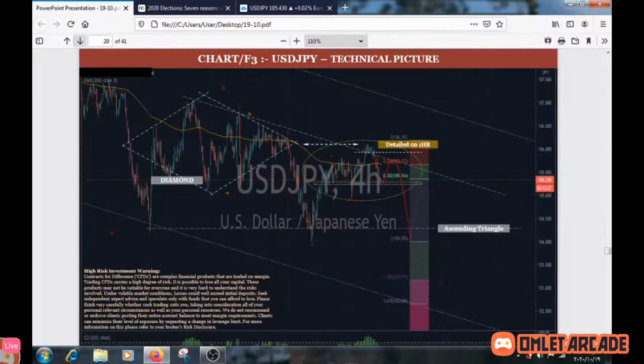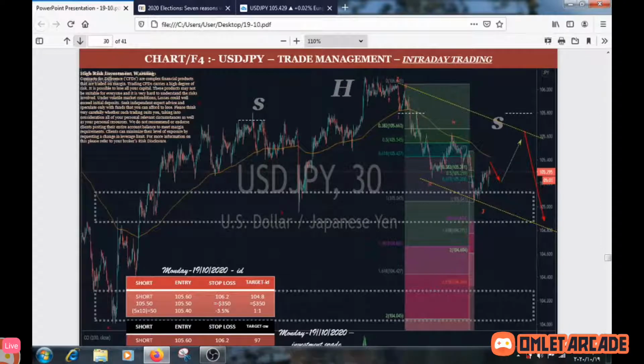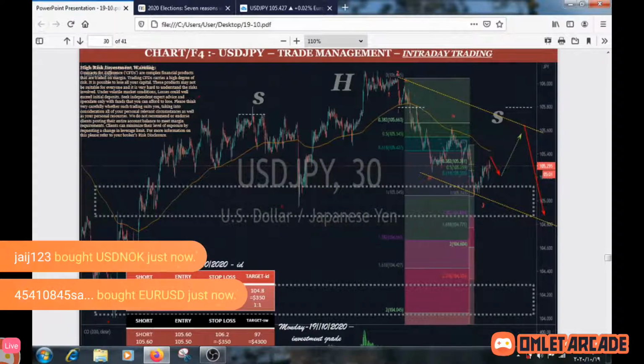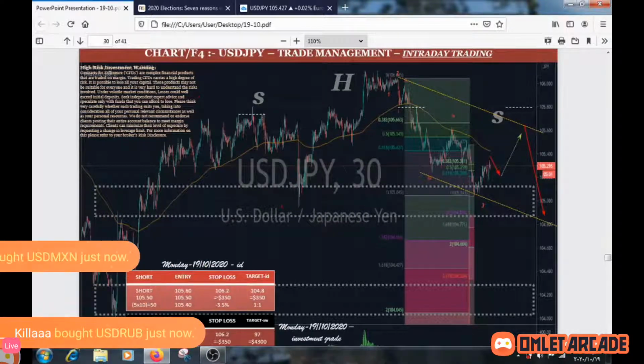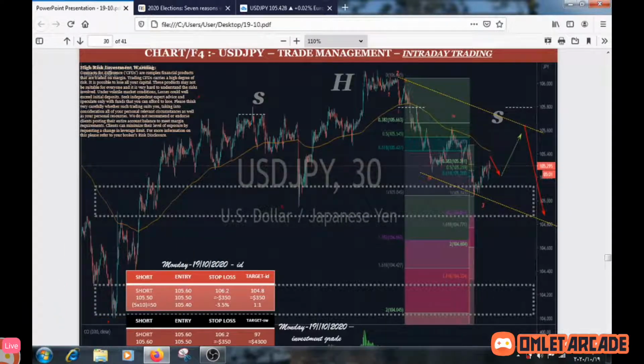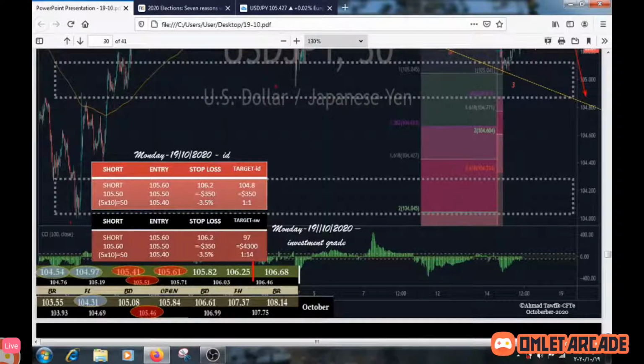Let's go to trade management first, and that's it right here. On trade management, we are seeing the head and double shoulders, and we were expecting to see 105.5 on this current correction. Alright, leg 3 has finished. We should be selling into 4 to terminate at the bottom of 1 or the bottom of I. Why is that entry important? If we sell 105.6, 105.5,